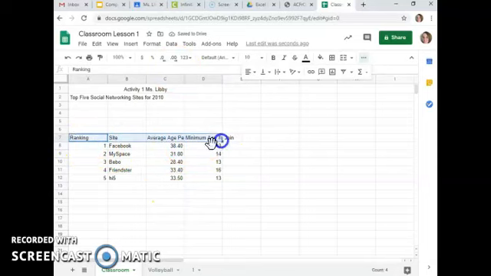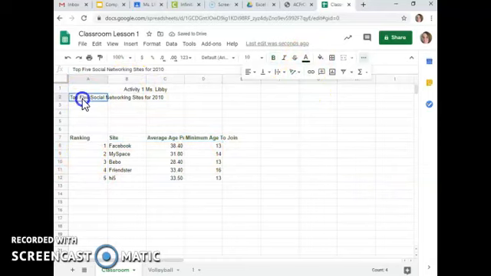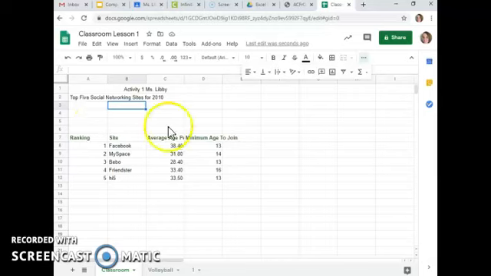Some other just regular old formatting. If you drag through those, maybe you want to bold them or italicize. There's even a strike through option. There's a change of color. So those are all the types of just regular little formatting things. And remember, click and drag through, merge cells. Those are the types of formatting that you'll want to know how to do. Not all of it might be required in your first lesson, but those are important. Okay,